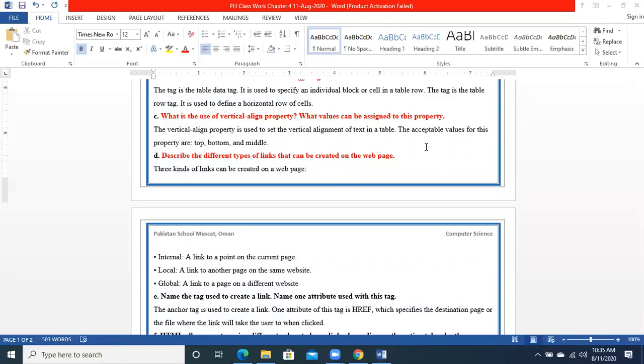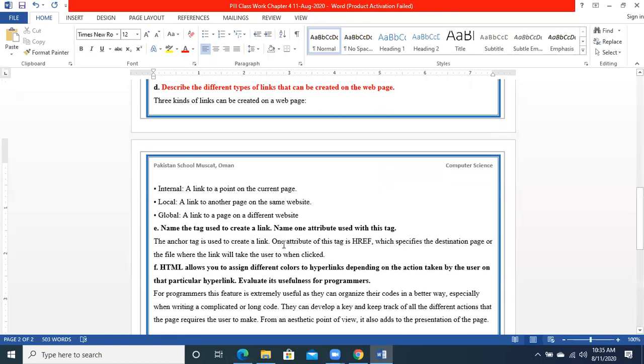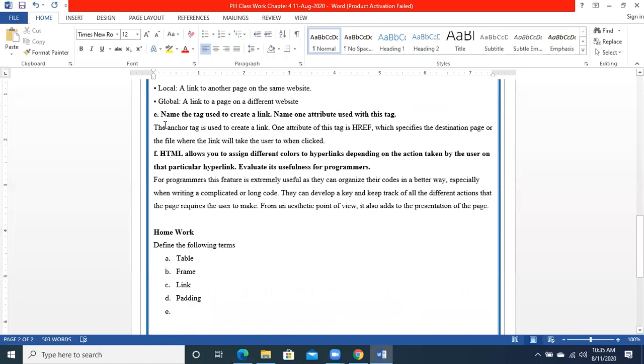So these are all questions that all of you have to write in your copies. Our class time is about to be over, but I would like to explain these two questions as well. Name the tag used to create a link. Which tag is used to create a link? Can anyone define? We had used this tag and I had given you all the data about which tag is used.